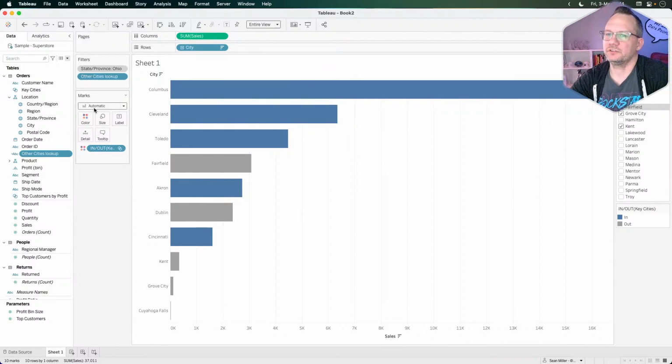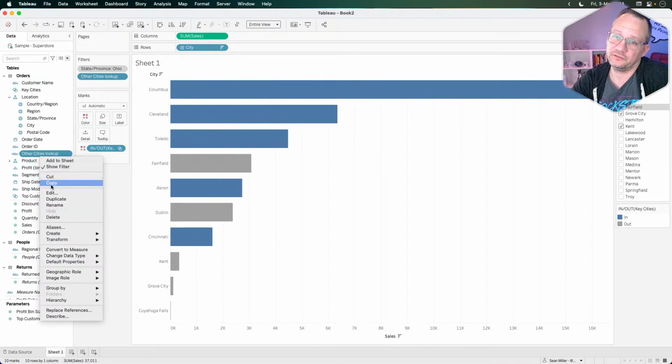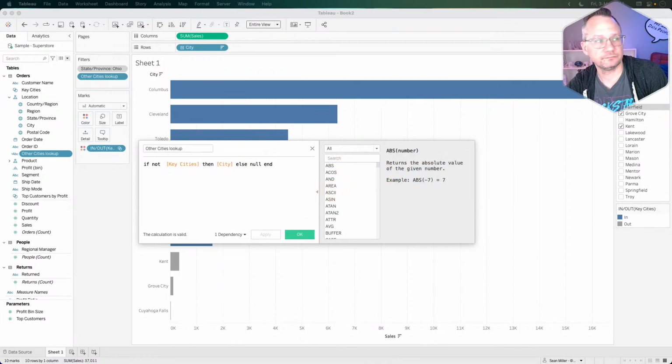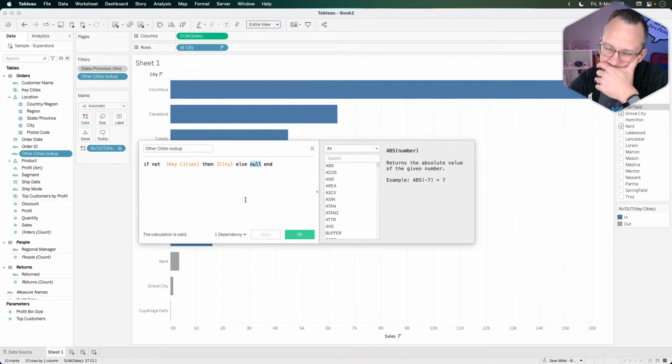So I need to figure out this null, and I need to remove it, because the null is all of the others, right? The null is the top, is the key cities. Yeah, null is key cities. But I want them to be